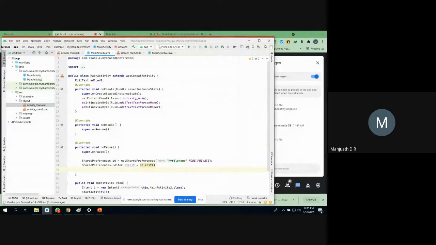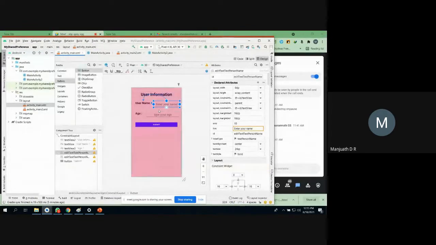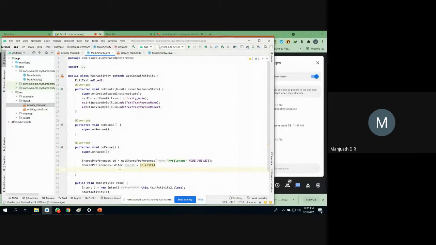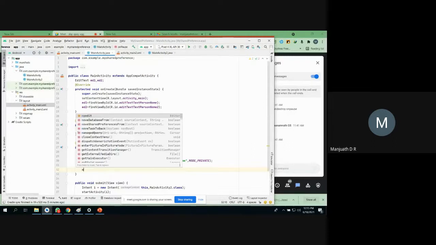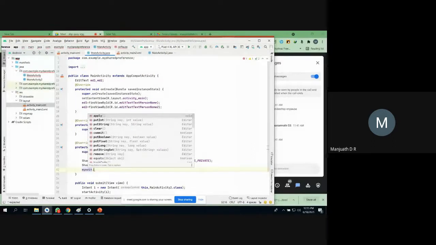So how to put the information? Two ways I'm putting, right? One is string, another one is integer. So try to put it. The first method I'm going to call, what is my editor name? That is myedit, right? So in order to put a string, you just use the putString method.